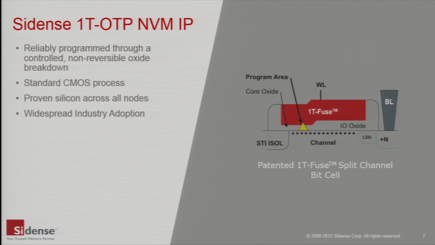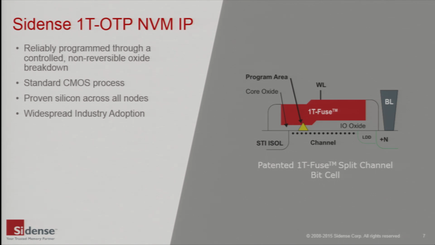So let's have a quick look at the Sidense anti-fuse 1T OTP bit cell. I hope there's no physics majors on the call. Looking at the diagram on the right, the bit cell is formed by a single split channel transistor with thick I/O and thin core oxide regions below the transistor's gate. Applying a sufficiently high programming voltage to the split channel transistor, between 5 to 9 volts depending on the process,